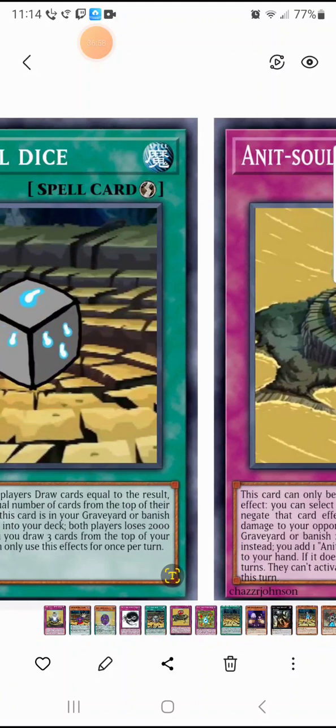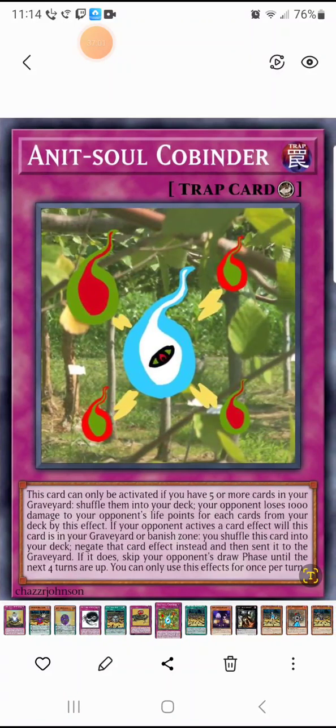Because once you activate this card, it's all over for your opponent. Basically, your opponent is now in the grave. If these cards were printed in real life, they would have had to ban Anti-Soul Cobinder